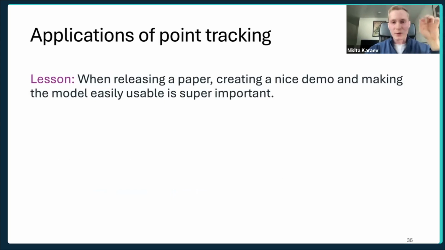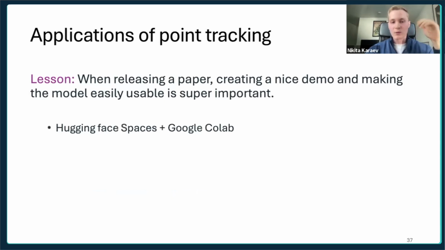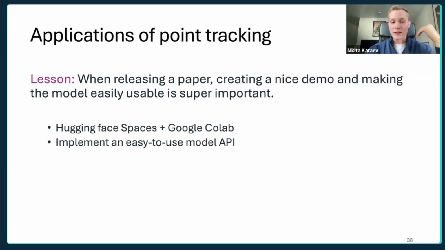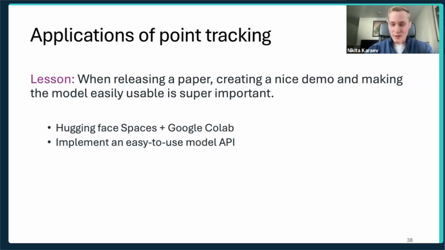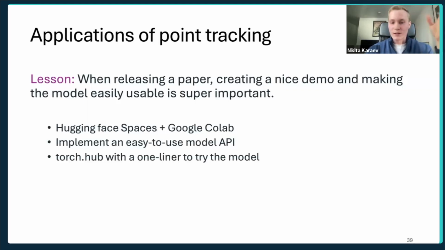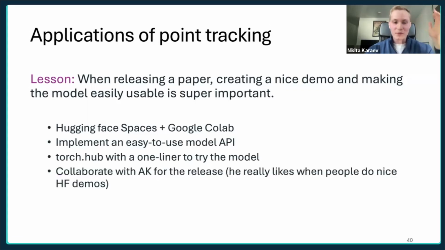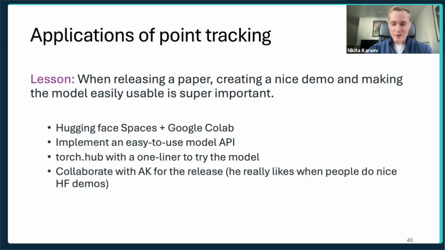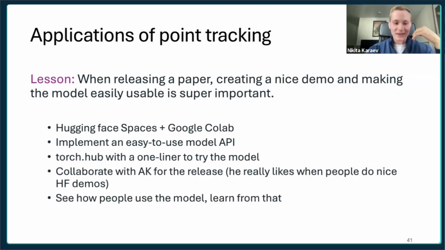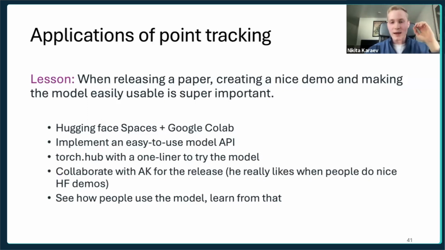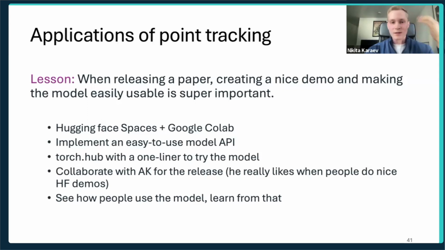And some of the things that we have done right, I think, in CoTracker and CoTracker3, are that we had a really nice Hugging Face Spaces and Google Colab demo. We tried to implement an easy-to-use model API and a one-liner with TorchHub, so that it's super easy to just try CoTracker. Then we've also collaborated with AK for the release because he really likes when people have Hugging Face demos. And then we just saw how people used the model and learned from that and iterated, tried to improve